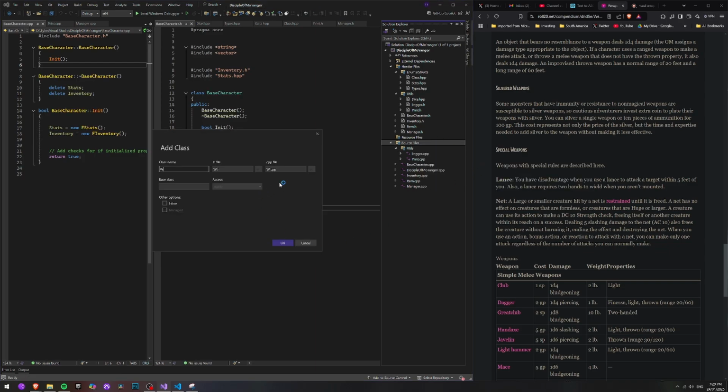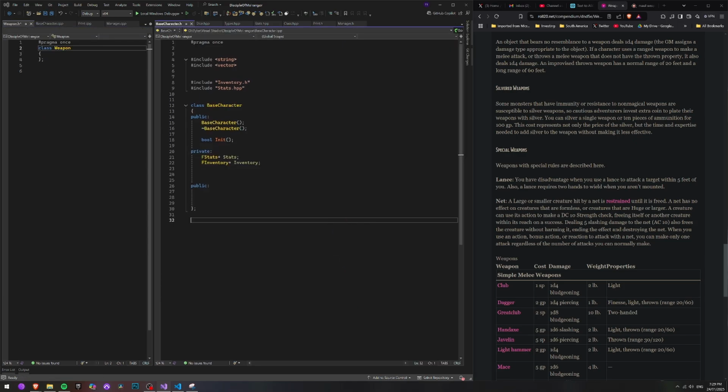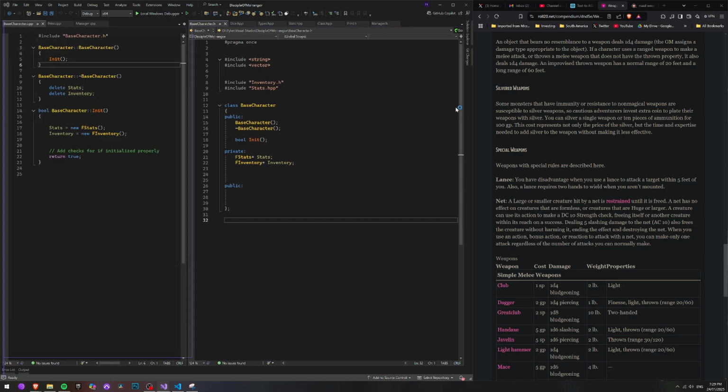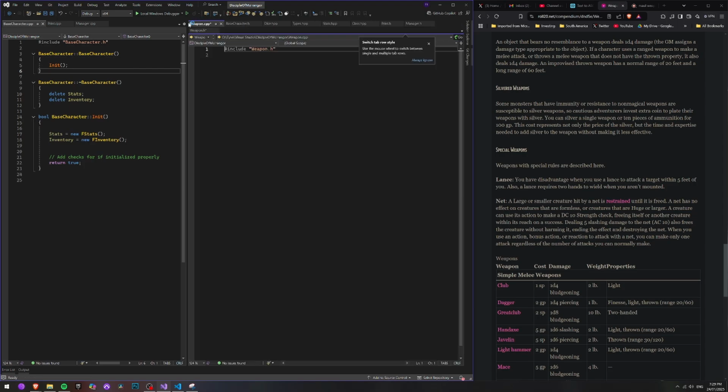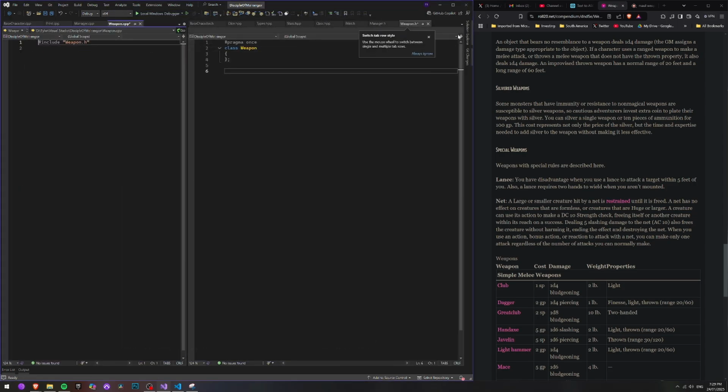There we go. Man, I wish you could set Visual Studio to do a bit of things like this. Okay, so our weapon